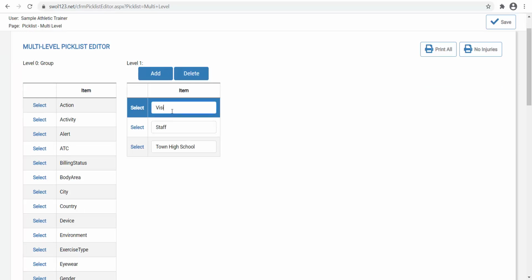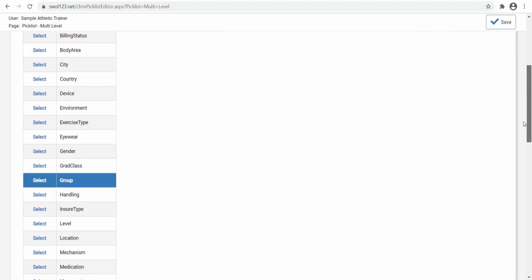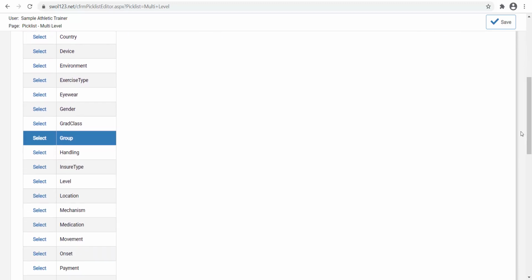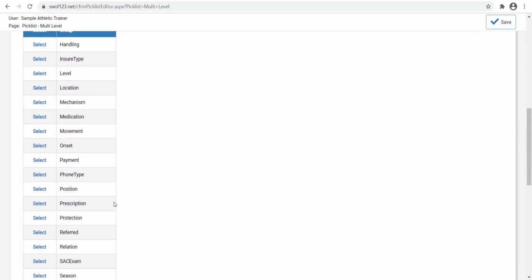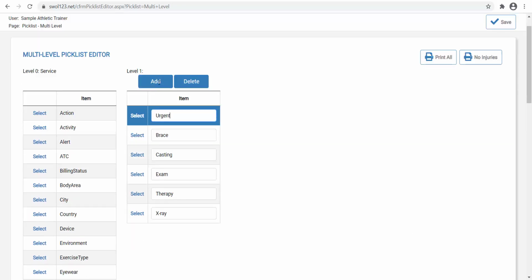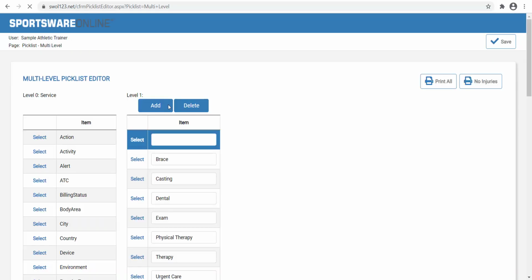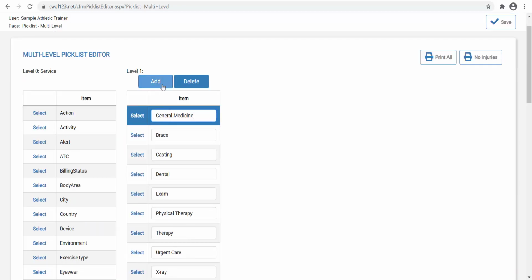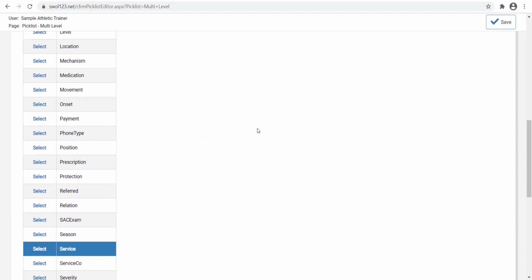If your school keeps documents on visiting athletes, you should also create a visiting group. This ensures when you run injury reports, you can separate those sustained by visiting athletes from those sustained by your own students. Service. Service contains a list of the type of services you most regularly refer athletes out for. Items may include urgent care, ortho, dental, vision, chiropractic, physical therapy, and general medicine. This list may vary based on the level of contact in sports played at your school.